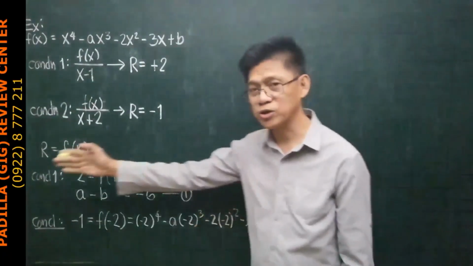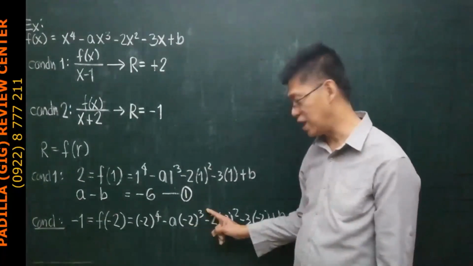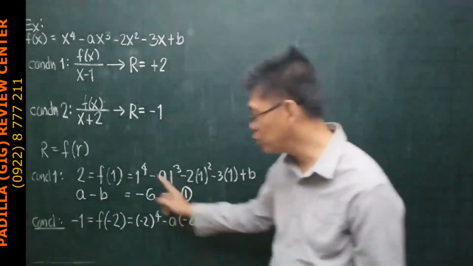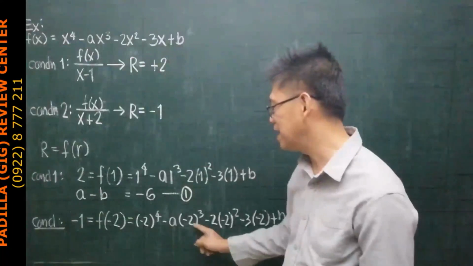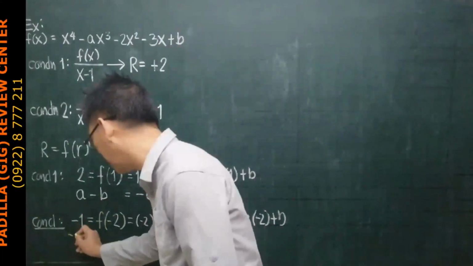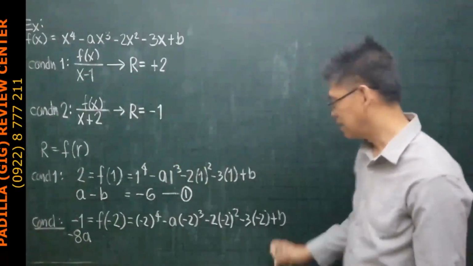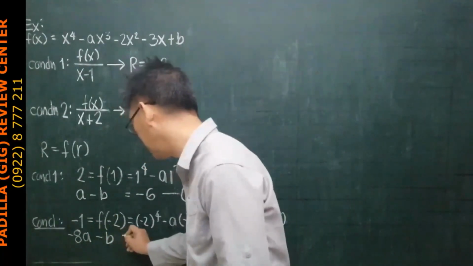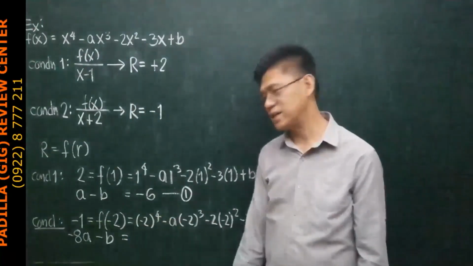Transpose all variables on the left side. Minus 2 cubed, that is minus 8. Times minus a, so move to the left, that would be plus 8a to the left, minus 8a. Then move this to the left, this is minus b is equal to minus 2 to the fourth, positive